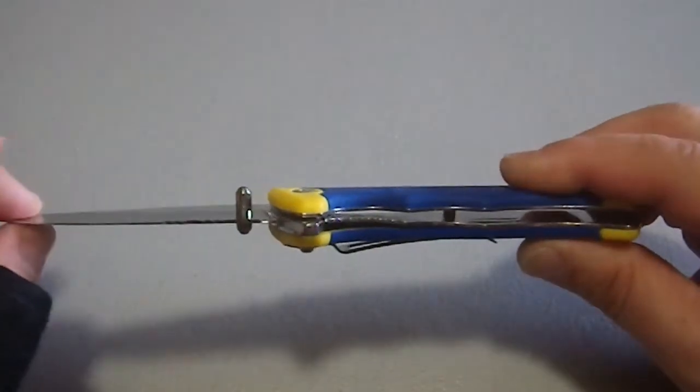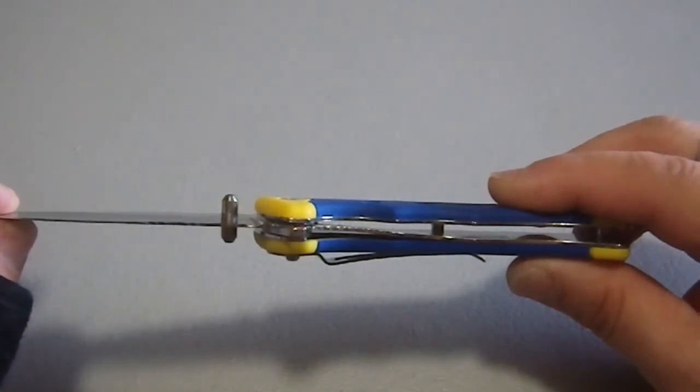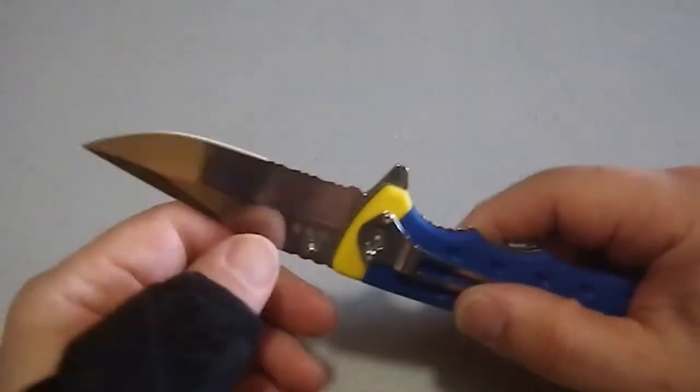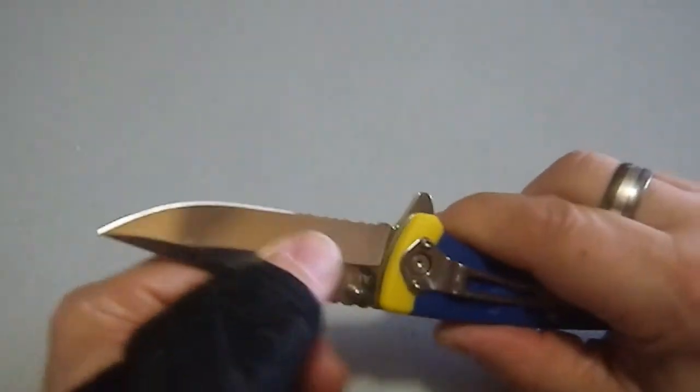As it said, it's a liner lock, and that liner lock goes across very far. You're at the 3/4 mark. However, it's a solid lockup, so that's good. And as it says,